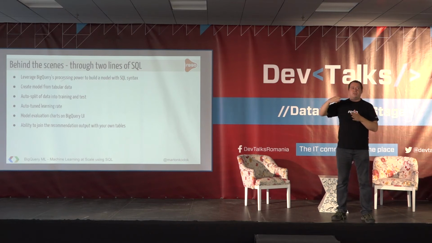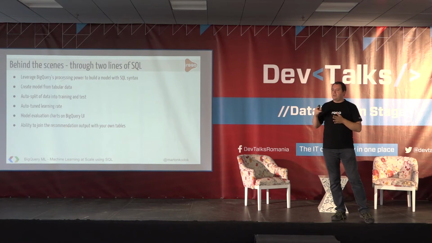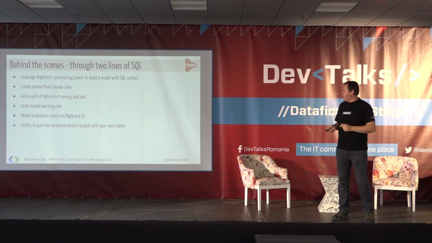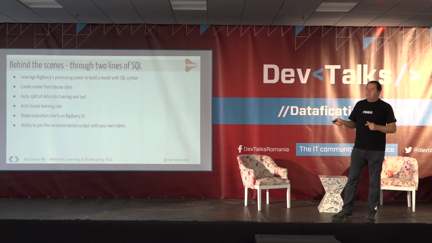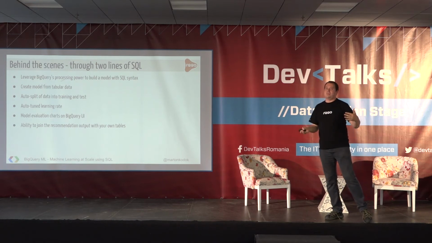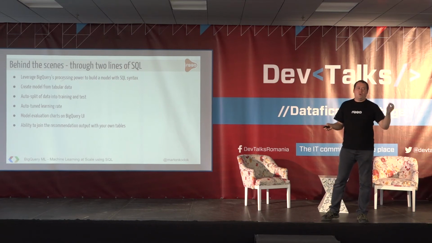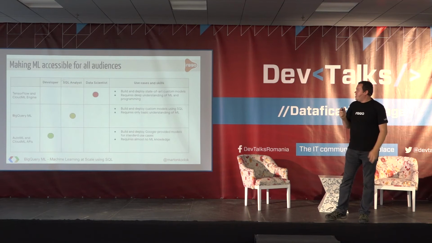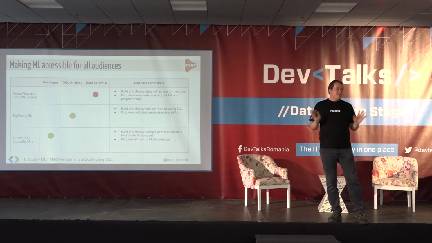So I have the option to actually run the iteration or to see what the increase in the learning rate is. And the magic is that if you run the model, you select how you need to predict from it, and the results can be joined back with your business table. And this is where the business value comes out. It's not just data. You can, on a primary key, join back to the product and display, I don't know, the 10 products which the system recommended. And to have a context for this,